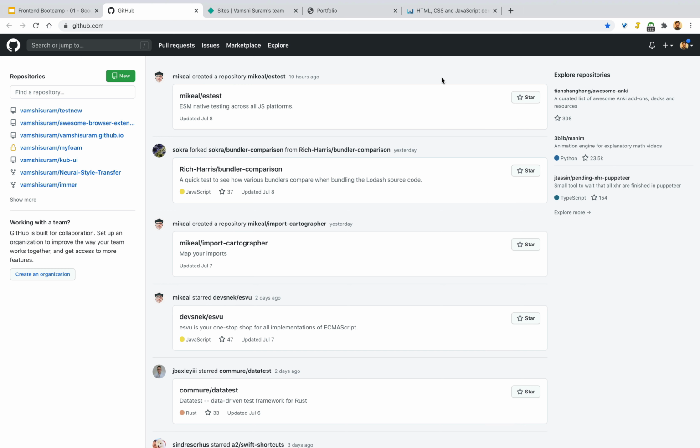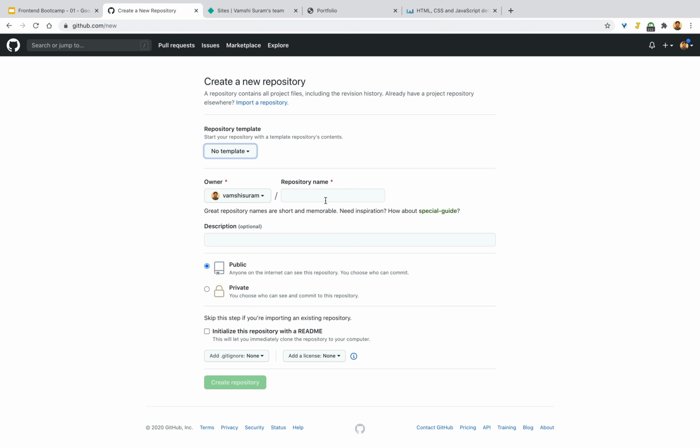First of all, go to GitHub, and if you don't have an account, you better sign up for one. It's always good to have a GitHub account because you can share your work and collaborate on others. It has become a basic necessity for all the developers. So you just start with creating a new repository. Repository is nothing but a simple code base folder. I'm naming this my portfolio. You can choose private if you don't want to share it with anyone. Initialize with readme. Create repository.